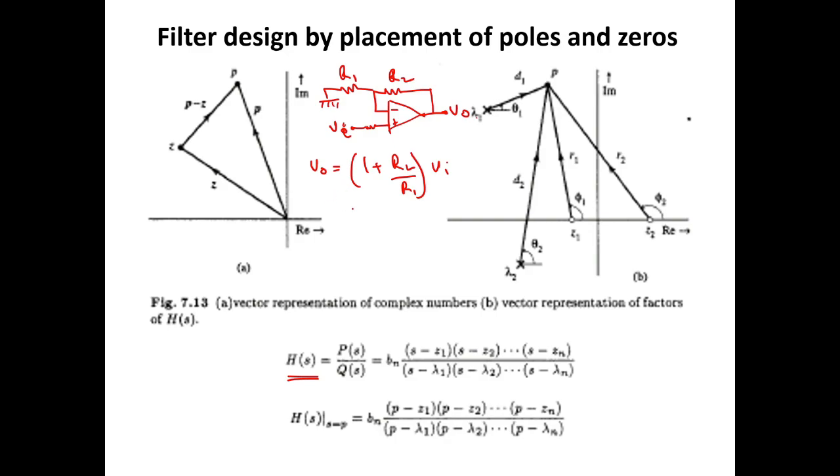Okay. So basically A equals 1 plus R2 by R1. Now why is this so? This is so because if you look at the resistances, they are frequency independent. So the gain over here is frequency independent. On the contrary, when we talk about H(s), which is basically the transfer function, this s is related to